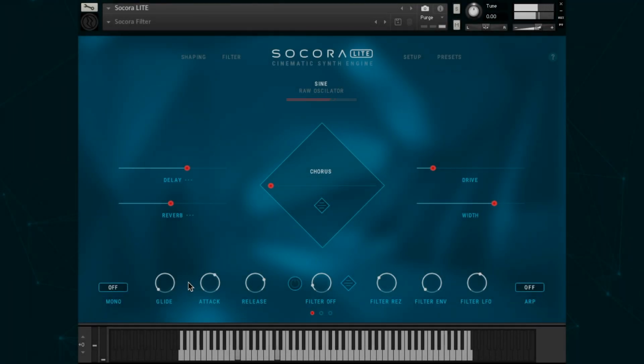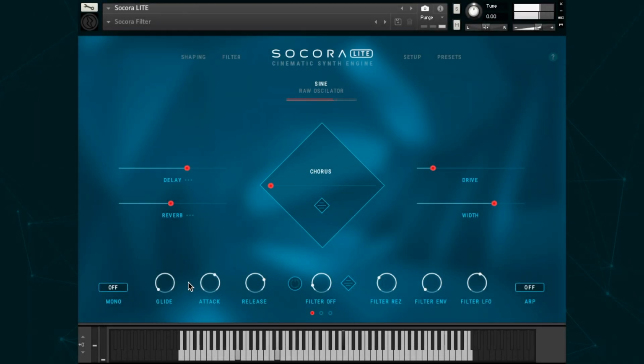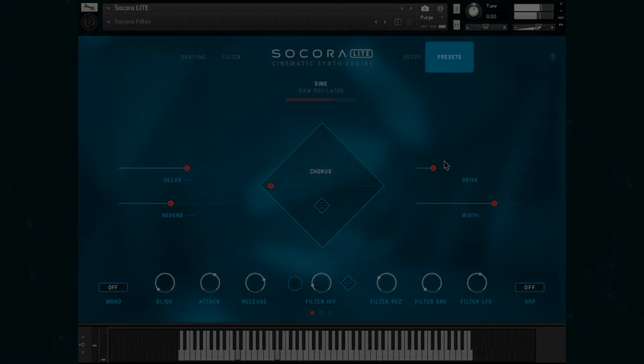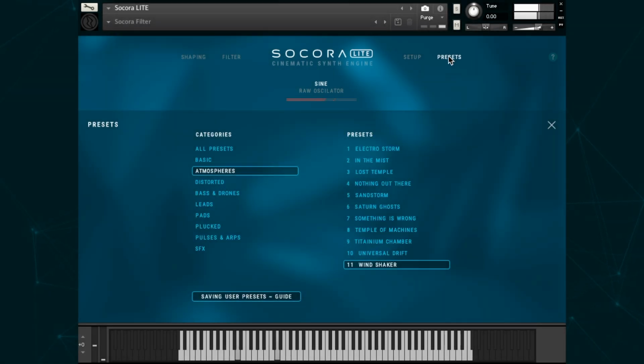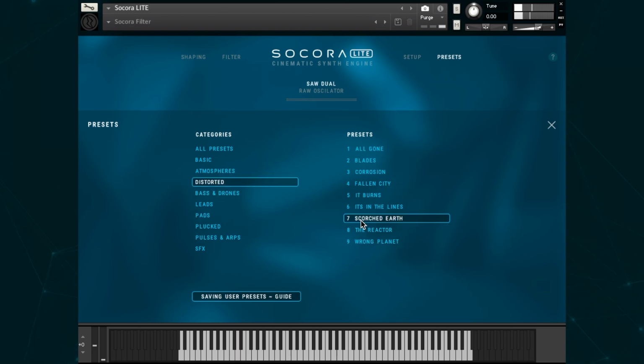Socora LITE also comes with a set of carefully designed instrument presets, giving you instant access to inspiring sounds. Let's start off with this atmospheric pad. We also have distorted sounds, bass and drums,